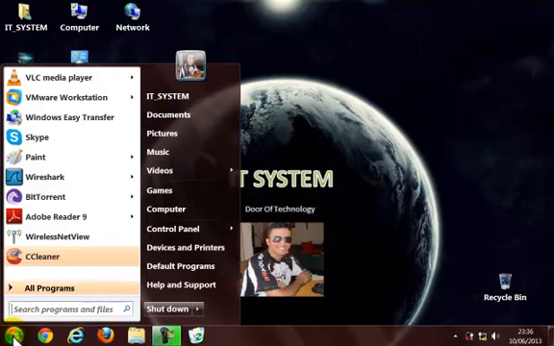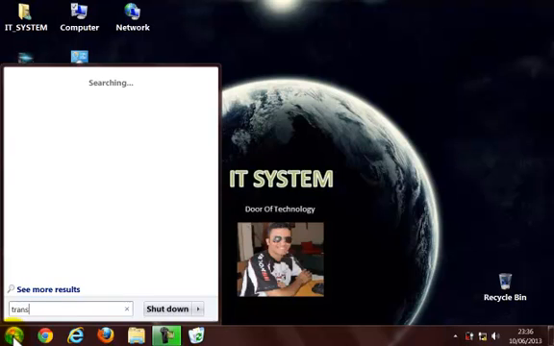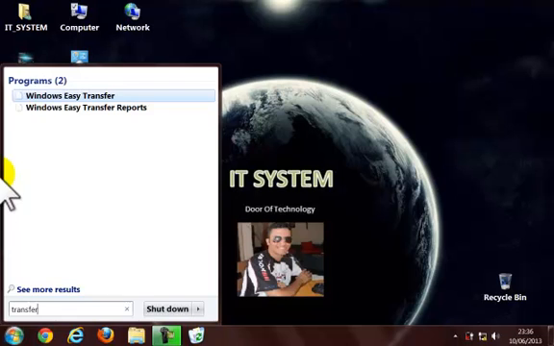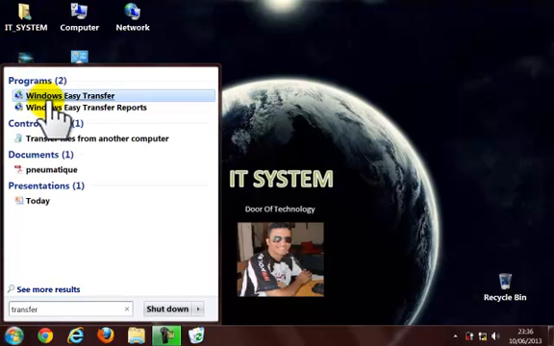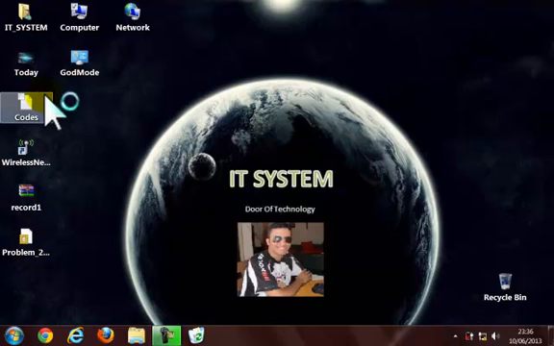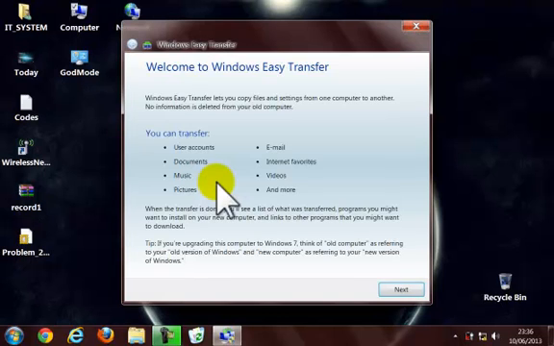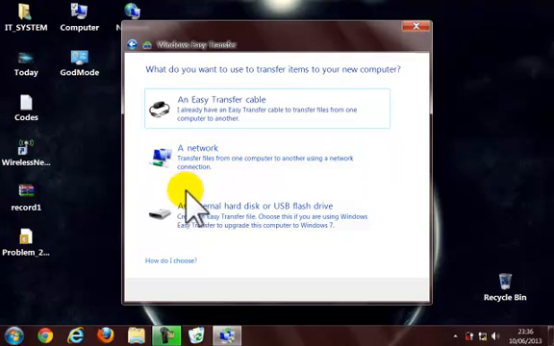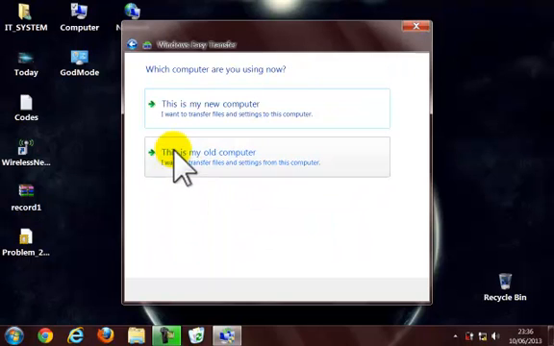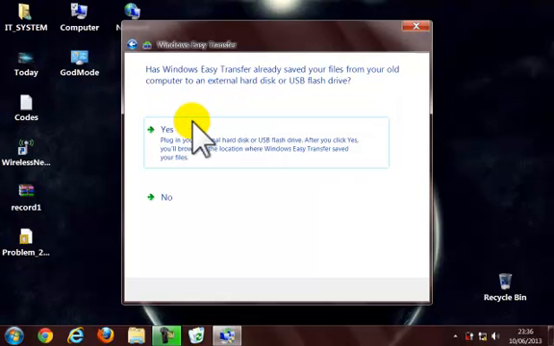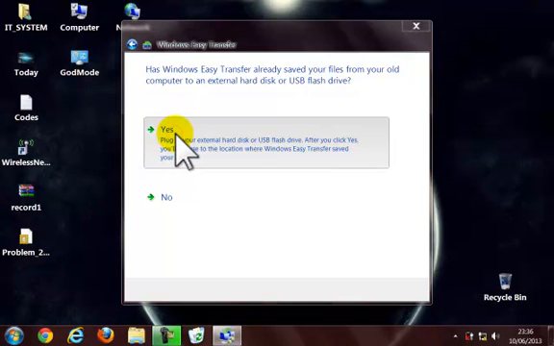We will go to transfer, again the same one, transfer. We are in the new machine now, okay, just pretend, not for real. So I go to the first one. Okay, hurry up, people waiting. So it's open. Next. Okay, USB. Okay, the new machine this time. And it asks, have I already saved this data before, yes or no? Of course yes. So why would I want to make them back? So yes. And